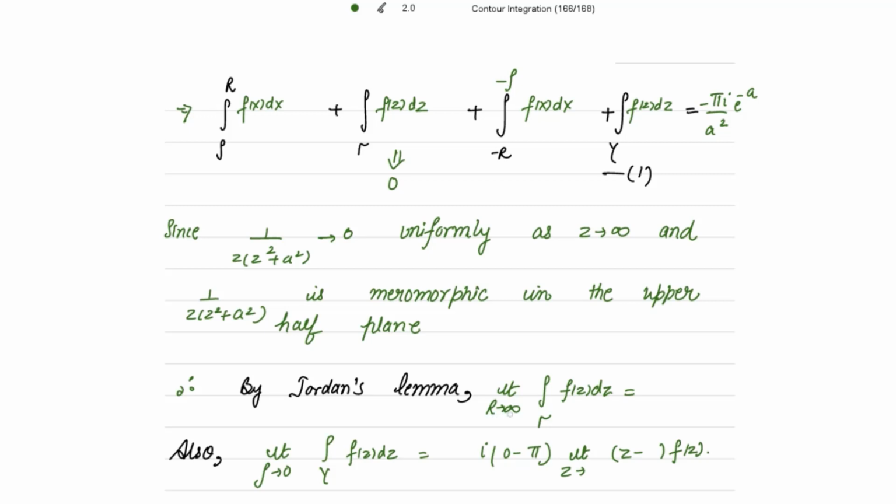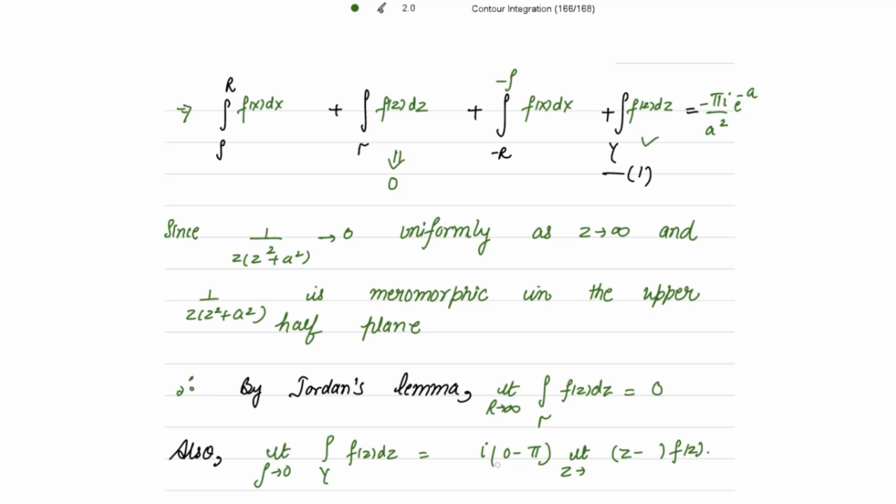So the limit r is tending to infinity, the integral over this tau of f(z) dz is equal to 0. Now calculating for gamma. For gamma, the semicircle, I have to limit the radius to 0. For tau, I have to limit the radius to infinity. For gamma, I have to limit the radius to 0. So the limit as rho tends to 0, where rho is the radius of the semicircle gamma, of the integral of f(z) dz is equal